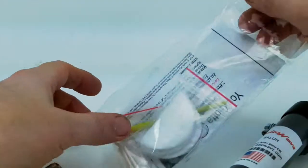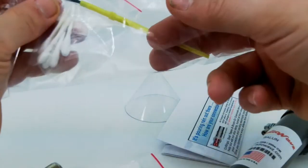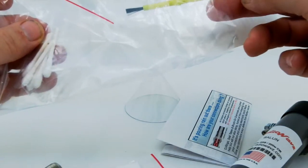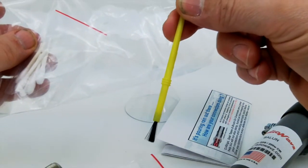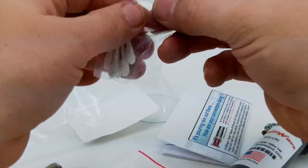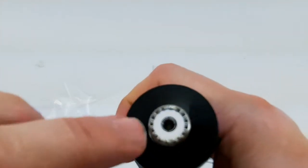The other thing that you get in the kit are the basic instructions, a couple of cotton pads specifically for cleaning the components on both the coax and the connector on the balun or the other device, and an applicator brush. We recommend you use the applicator brush specifically with the electrical joint compound. This will be used to put on the threads. And then we have these modified Q-tips, which allow you to quite easily clean the center contacts